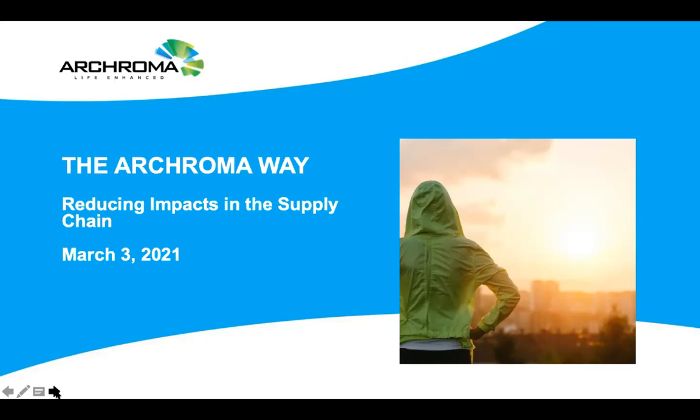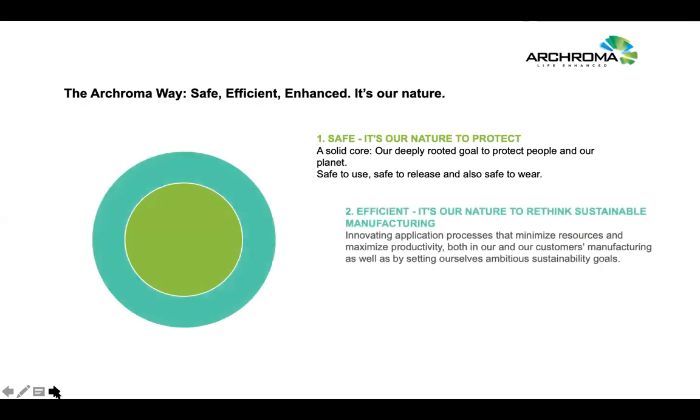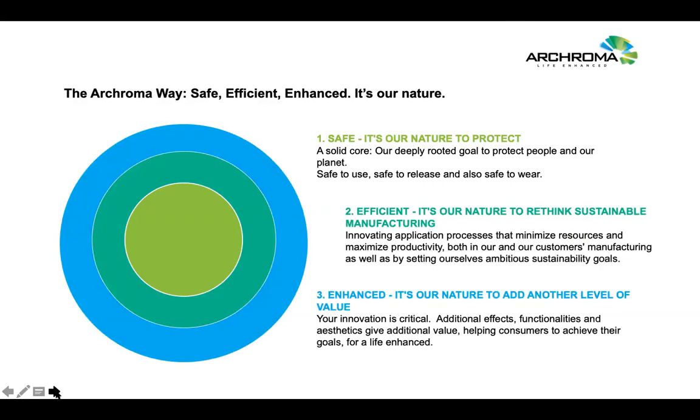We make all different types of dyes, finishing chemistry, auxiliaries, and other chemicals for the supply chain, as well as a color management system that I will mention shortly. Our approach to sustainable textile chemistry is called the Archroma way. It's a systems-based approach where we look for ways to combine different chemical products in order to maximize sustainability in processing. So we call it optimized processing, and it's a way to really